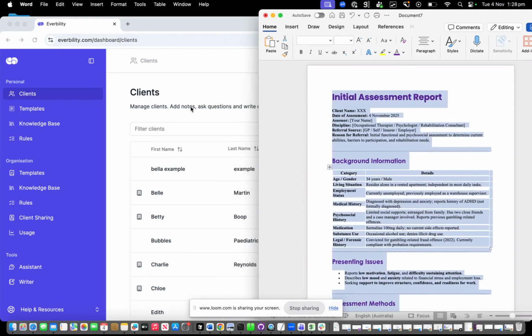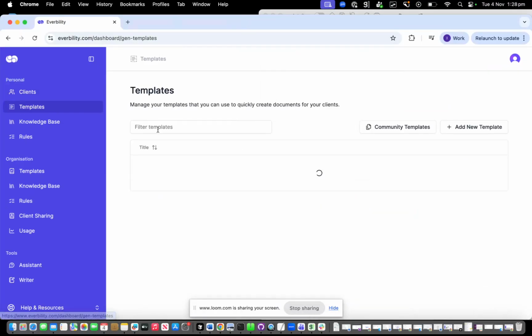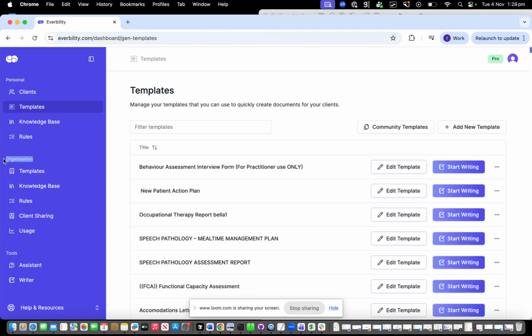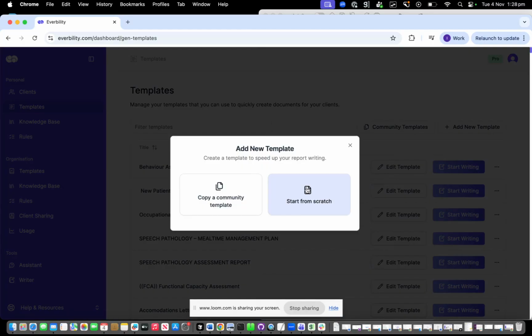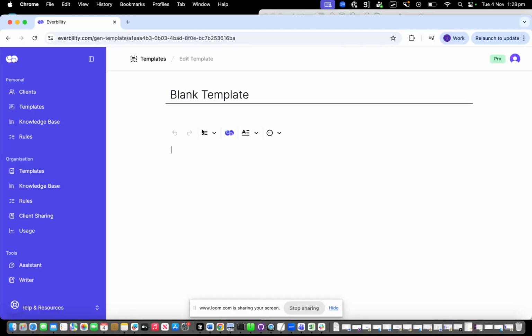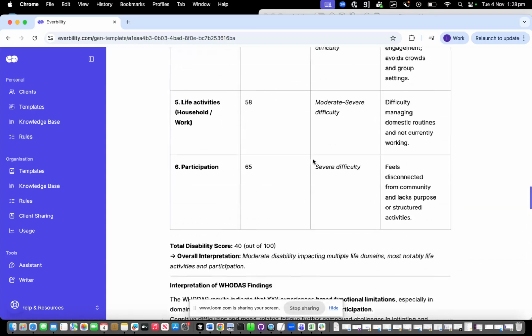And then I'm going to come into Everbility, and right now I'm on the dashboard page. So I'm going to go into my templates. I'm going to make this a personal template, but organization admins can also create organization templates. So in my personal templates, I've got my list here, and I'm going to add new template and then start from scratch. Now that I have a blank template, I'm going to paste my document,